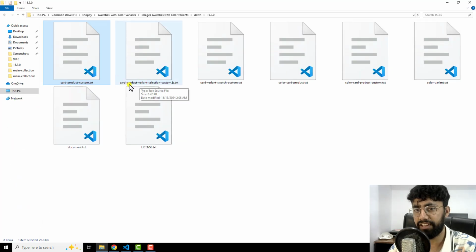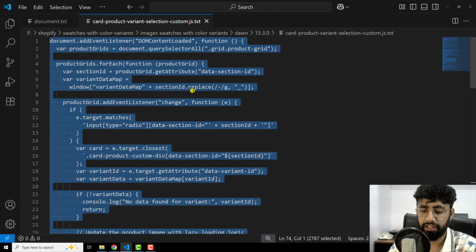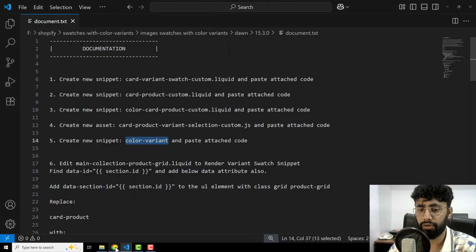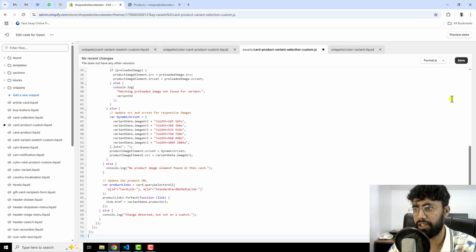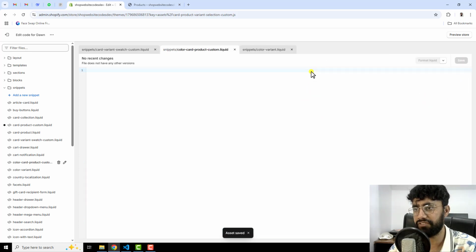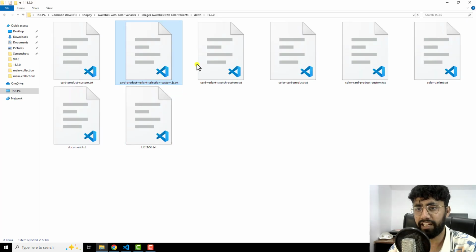we have another file which is card-product-variant-selection-custom.js. So let me open this file, copy this code, go back, and we have the JS file which is this one, card-product-variant-selection-custom.js. So let me paste it, save the changes, and then you can close this file also. Again go back and we have the third file which is